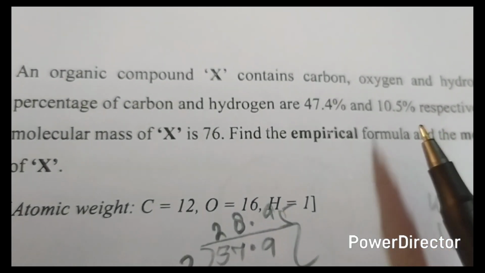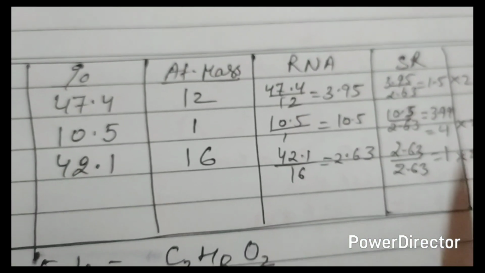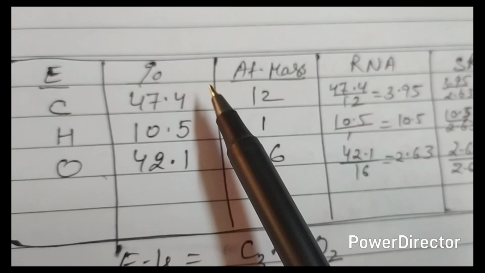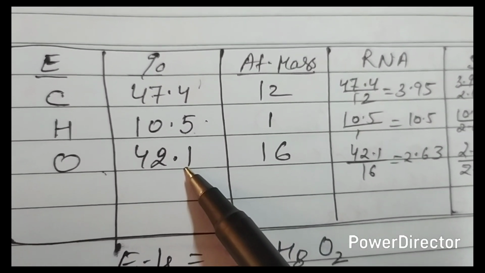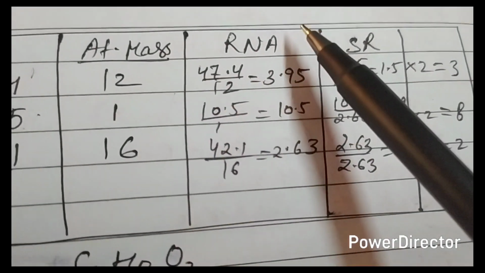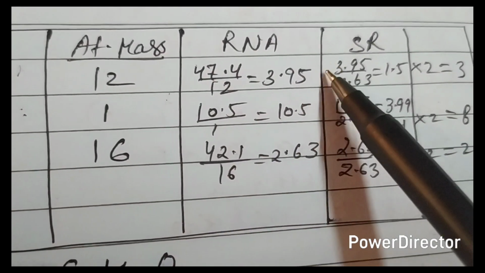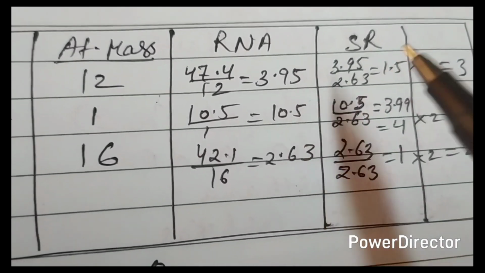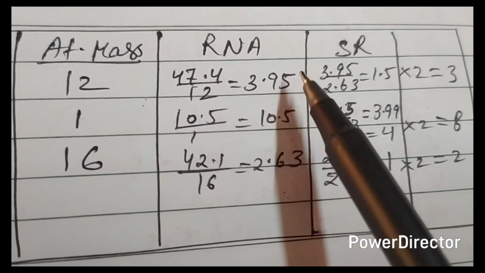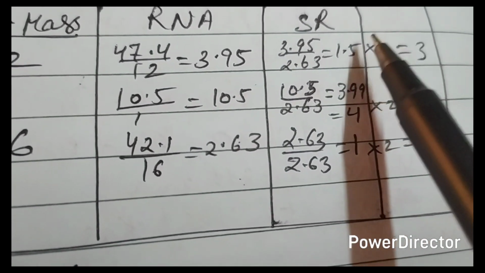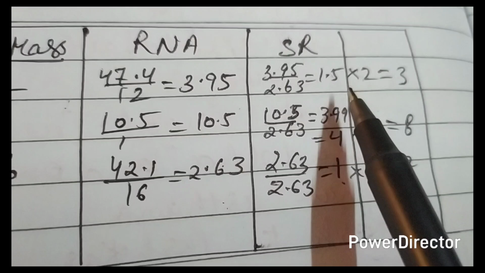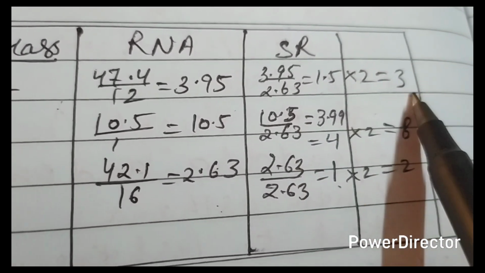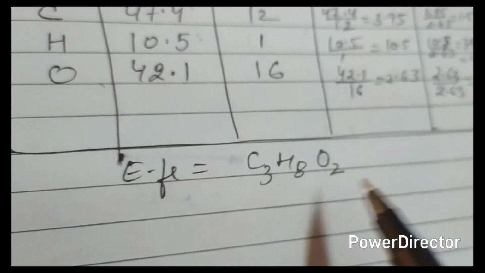Next is question number 3, which is empirical formula and molecular formula. So I have already made the chart here. Elements are given, percentages are given for these two, and subtracting both from 100 you will get 42.1 of oxygen. Atomic mass is given. The relative number of atoms you can find by dividing percentage by atomic mass. This will come out this way, and then for the ratio, you divide each answer by the smallest one, 2.63. So you will here get 1.5, 3.99 and 1. And now we have to convert it into whole numbers, so multiply by 2. Here you will get 3, 8 and 2 respectively. So the empirical formula will be